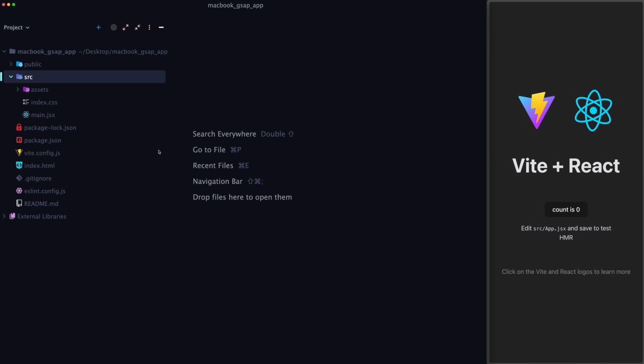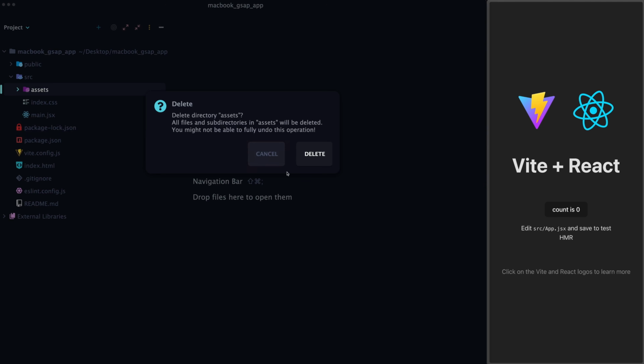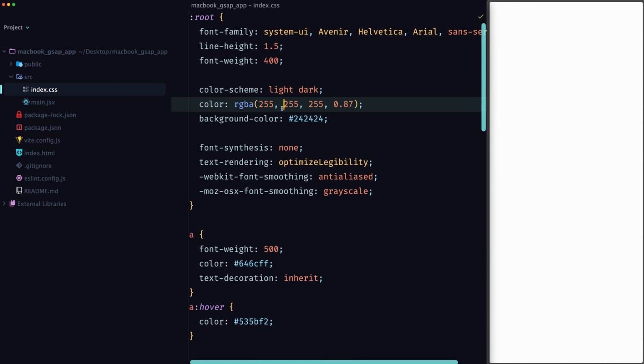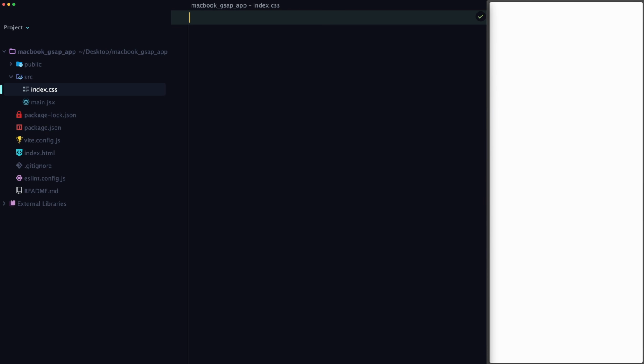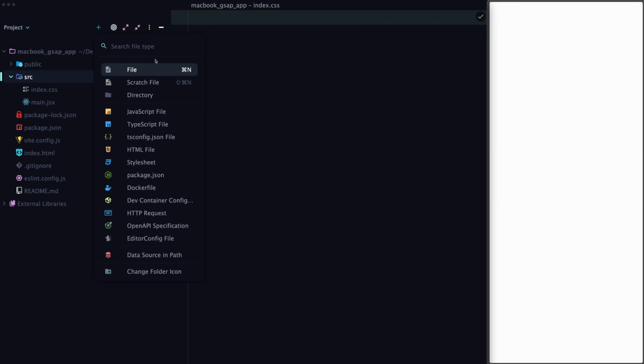Remove the app CSS. Remove all of the assets since you won't be needing them. Remove all the styles from index.css. And let's actually show something on the screen by creating a new app.jsx file